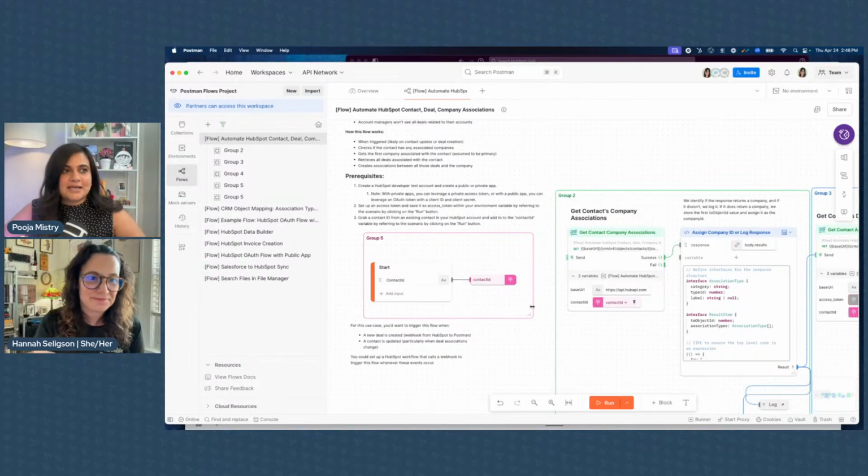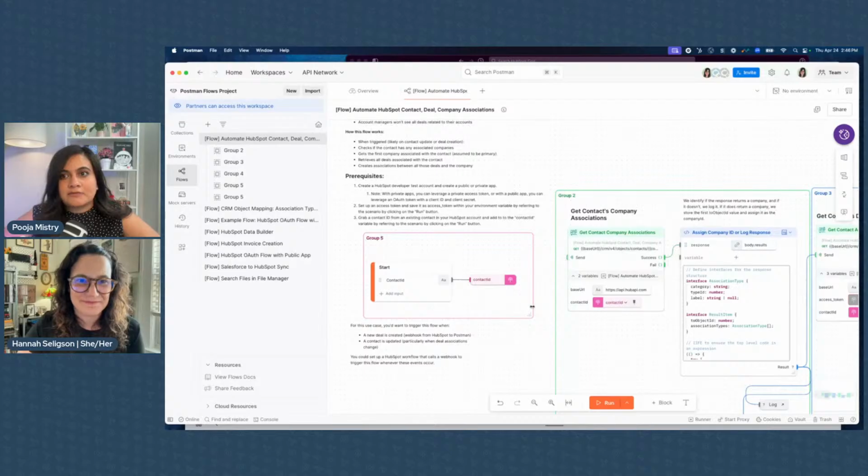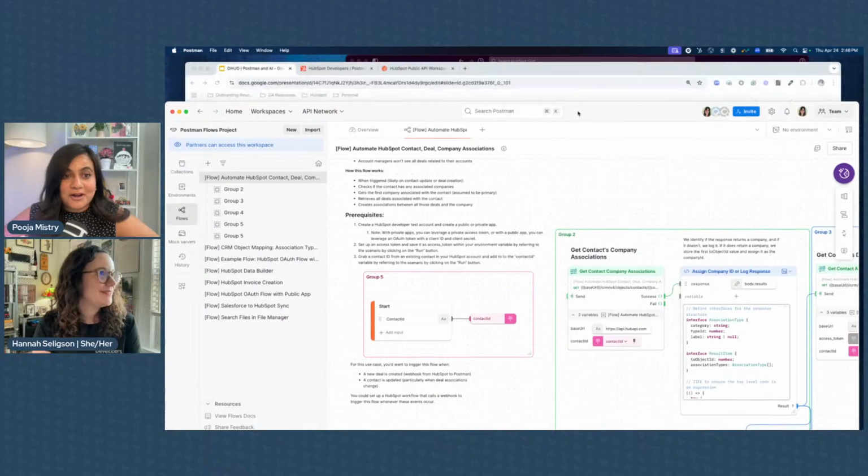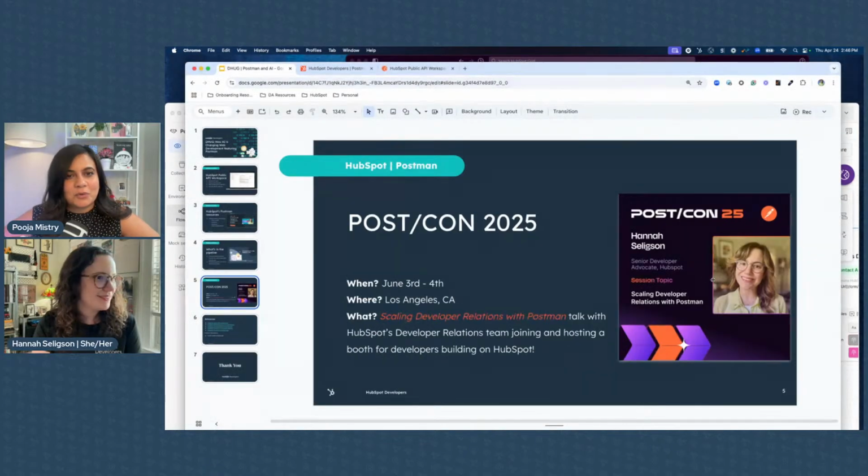Awesome. I'm excited to see how the HubSpot workspace evolves when it comes to working with some of the agent components, like some of our AI blocks, as well as the actions feature. So we'll just have to stay tuned in with your growth. But Hannah, I'm really pumped that you will also be joining us at our developer conference that's coming up. We'll talk a little more about that towards the end. Hannah is going to be a speaker there as well.